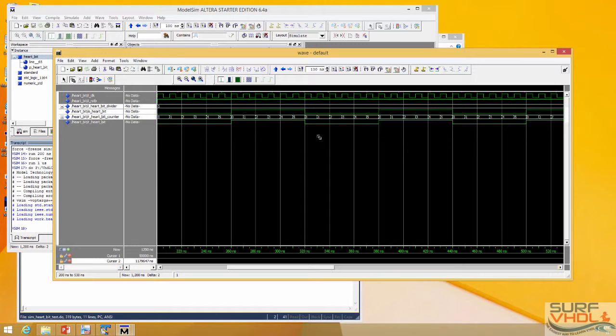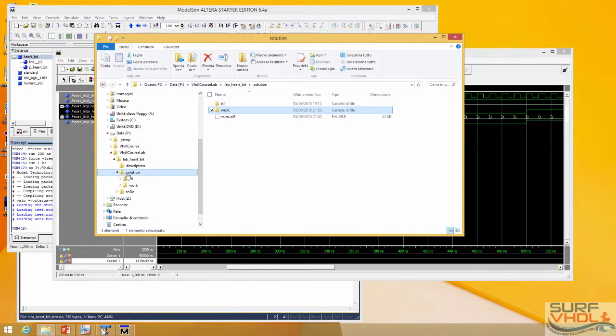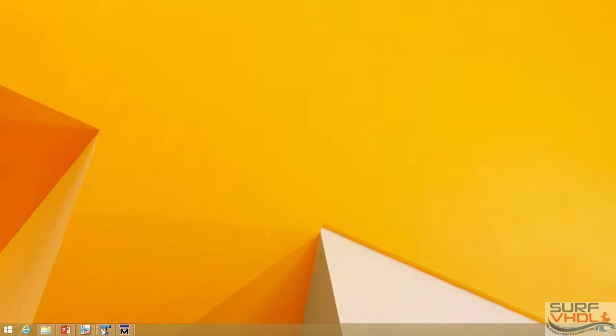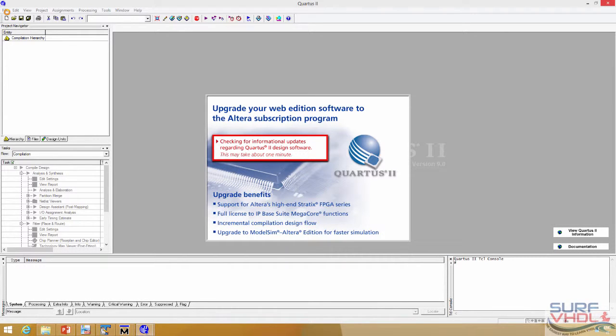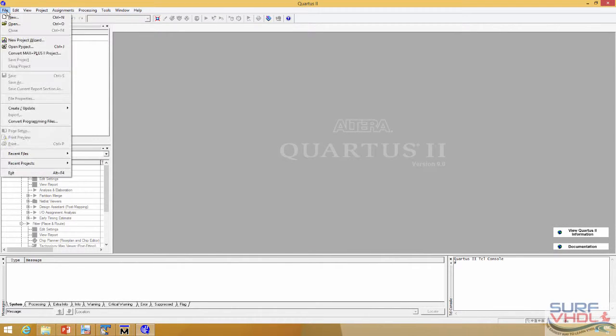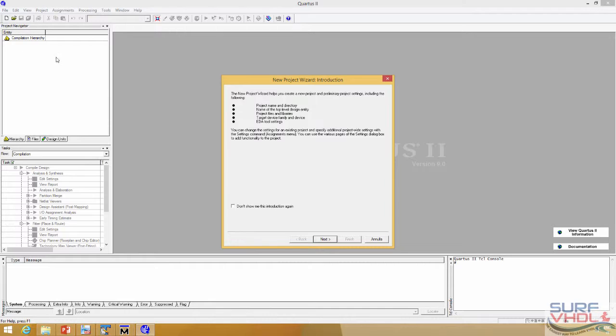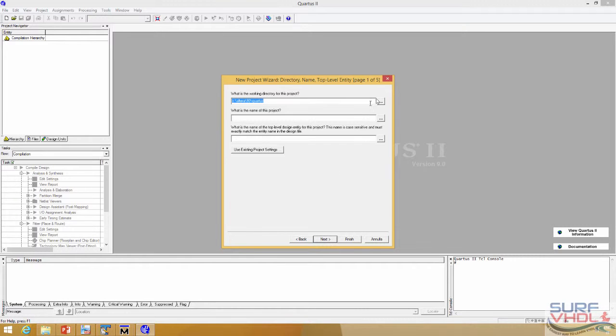Now we can implement the FPGA. So let's go on Solution and create new folder, new layout folder. Layout. Then start Quartus and on File, click on File and New Project Wizard. Next,